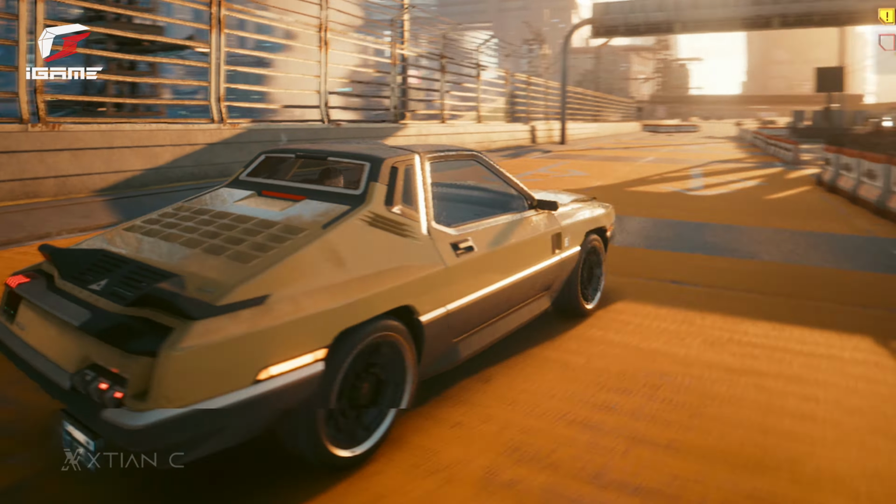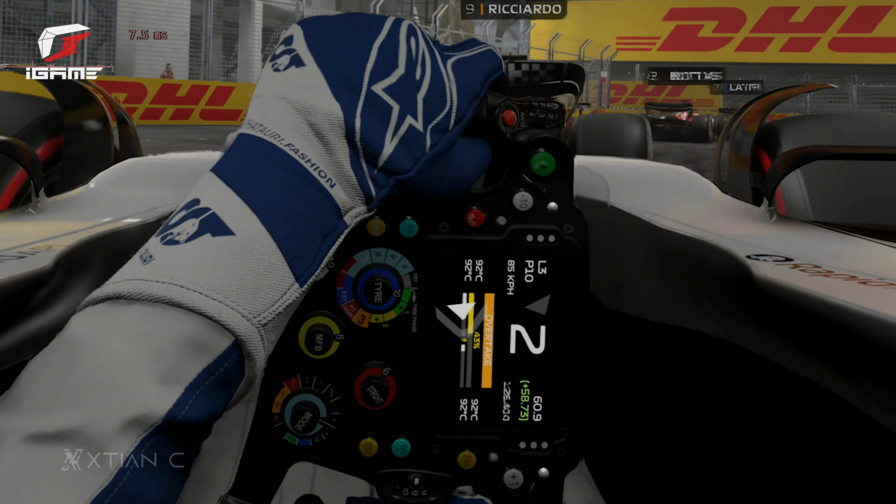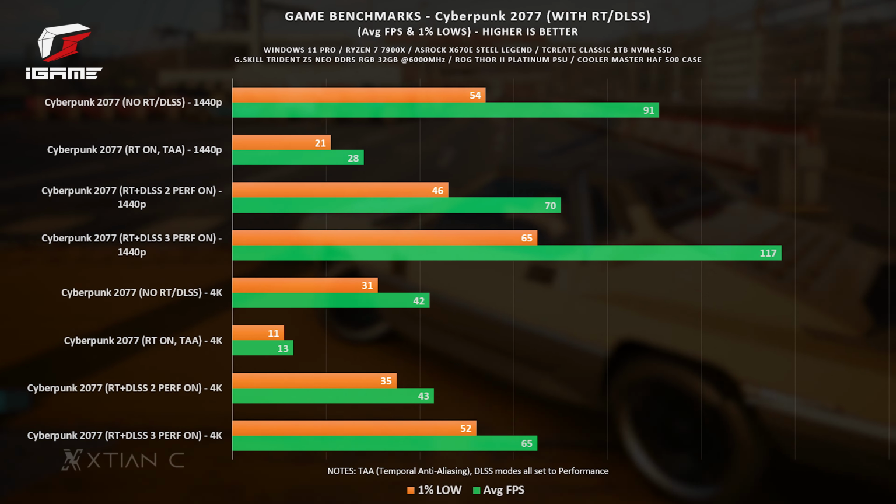So in the next 3 games, we'll check the figures with and without ray tracing or RTX and DLSS turned on. Para may idea din kayo when you try to use ray tracing with DLSS and DLSS 3 combined. With Cyberpunk 2077 on overdrive preset,